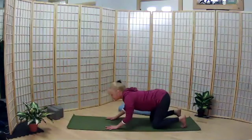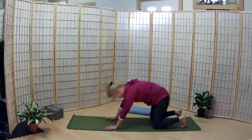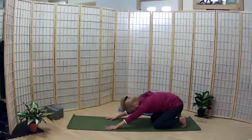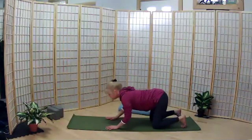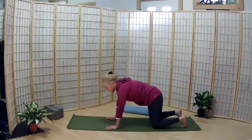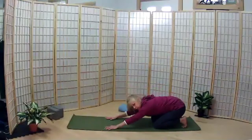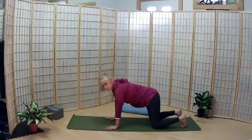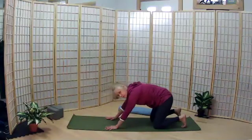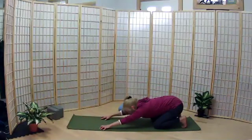Hopefully it's feeling a little bit easier at this point to find movement with breath. And everyone take one more full round from wherever you are. We are all going to meet in our child's pose. So just taking that child's pose here, walk your fingers out, and then just lift the palms and come up